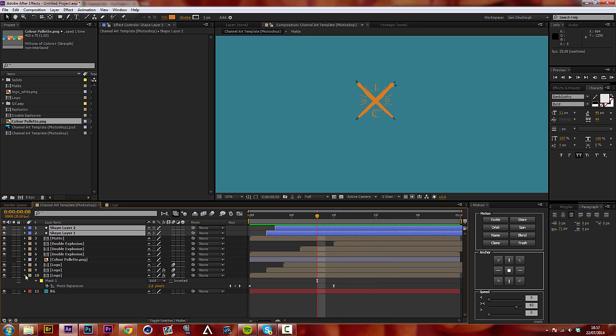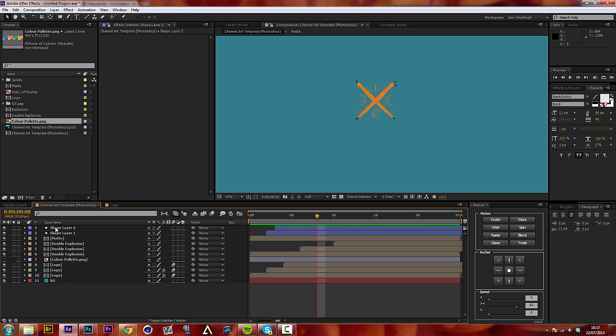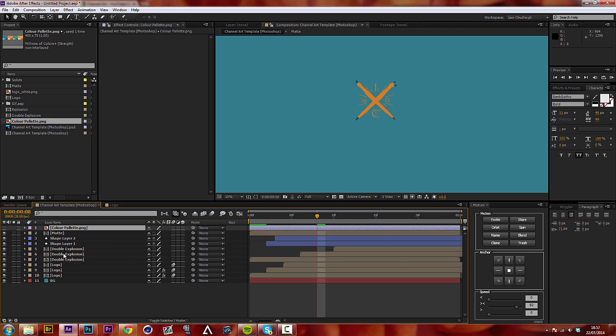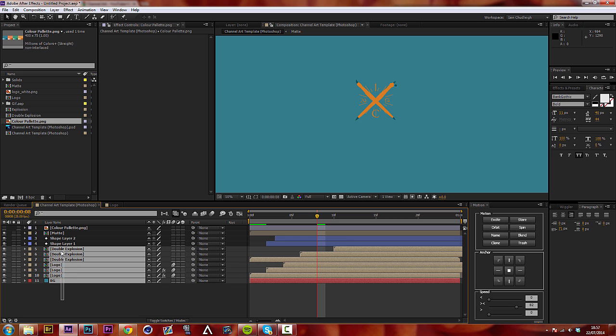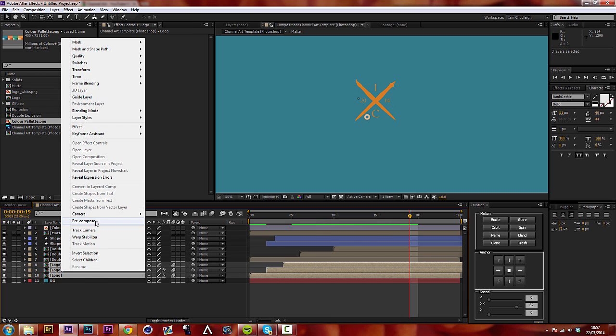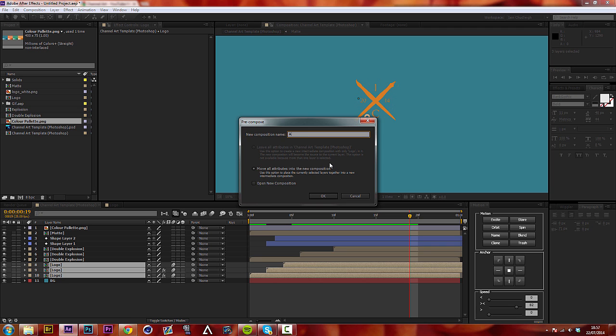So all we have to do now is, other than the 2 shape layers at the top, just highlight the rest of it, and we don't need a colour palette either, I guess. So the explosions and logo, in fact, do we want? No, we don't. We only want the logos. So highlight all 3 logos, pre-compose, call this animation,